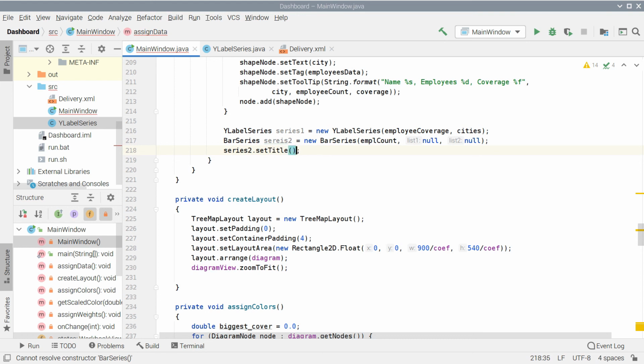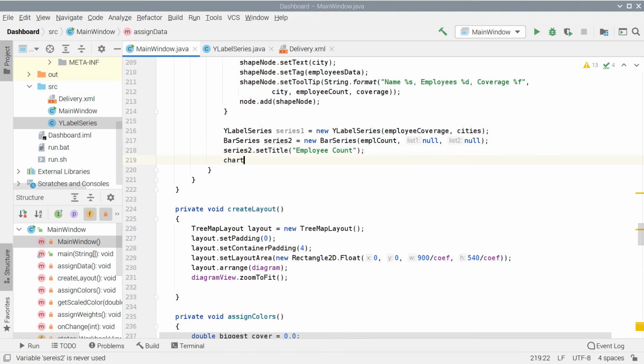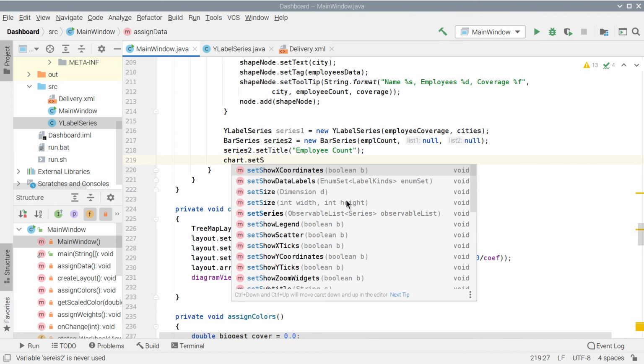Let's also add a title to the second series, because the title will be rendered in the legend. Now we create a list with the two series and assign it as a series collection to our bar chart.